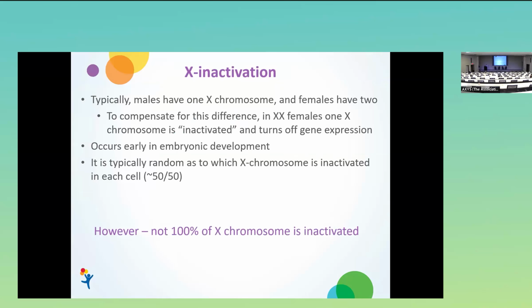So I'm going to talk about some biological concepts that have been discussed throughout the course of the weekend, just for clarity, as well as helping us from a hypothesis generating perspective and understanding what's causing what. So X inactivation is a process in which Mother Nature tries to balance out in the cells, males and females. So if a female typically has 2 X chromosomes and a male has 1 X chromosome, Mother Nature